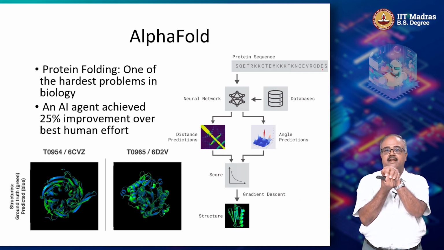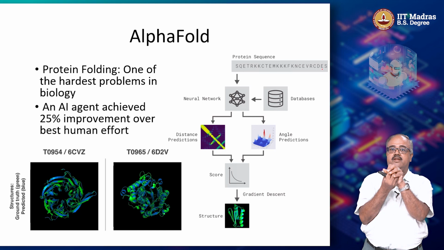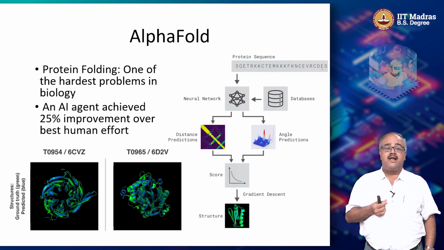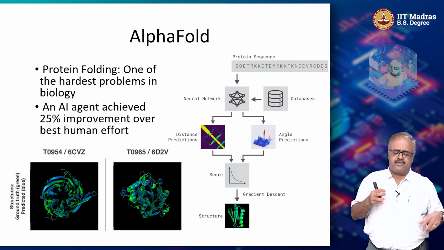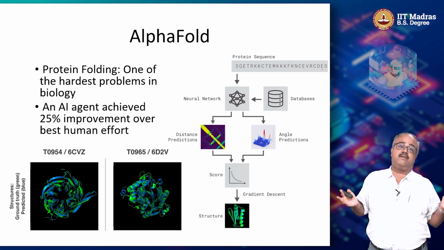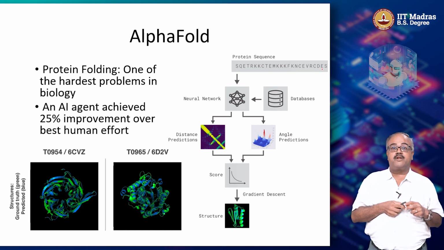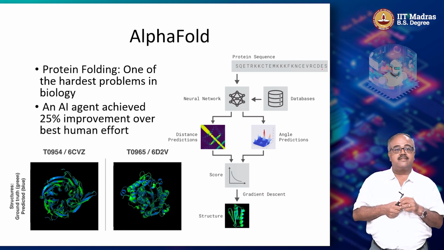So if it's somewhere inside there, it won't react with the other compounds, right. So you want it to be on the outside so that it can react to other compounds. So it's actually a very complicated problem. People from different disciplines have tried to solve it, right. In fact, robotics people have tried to see whether they can predict how a protein would fold, right. So all kinds of interesting things.